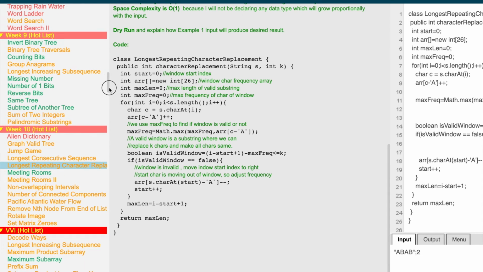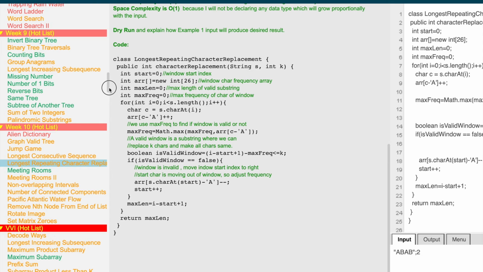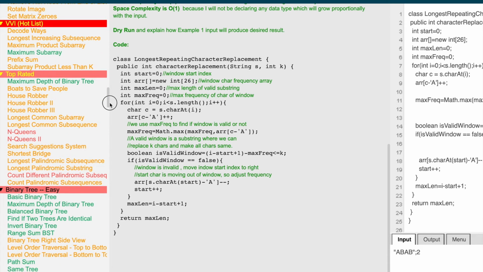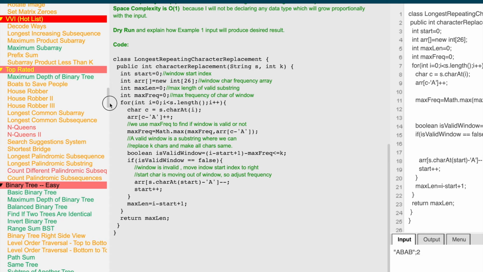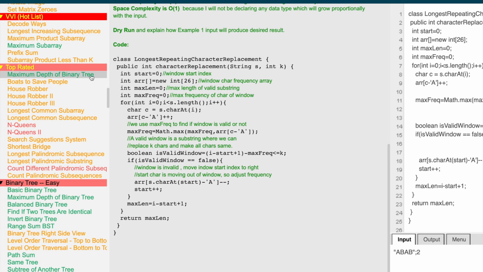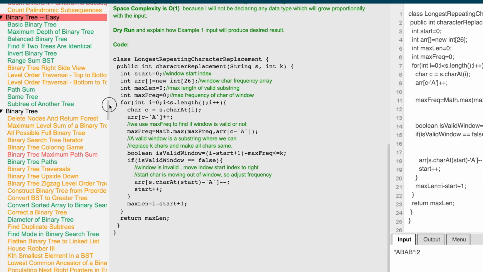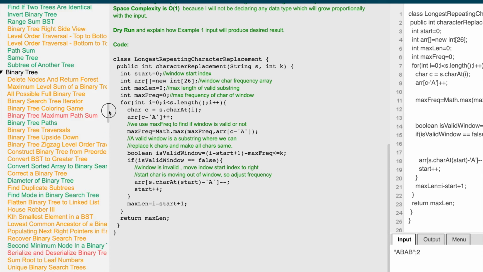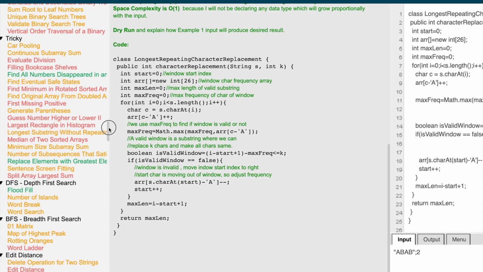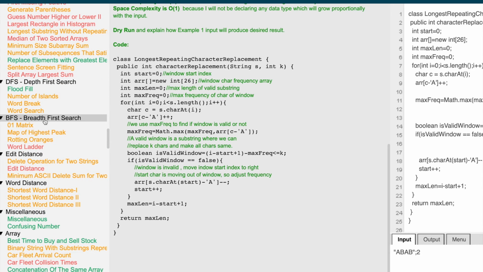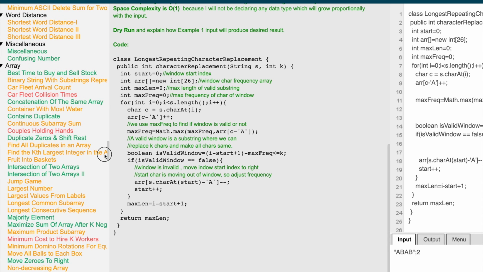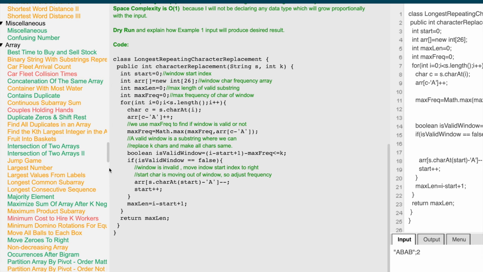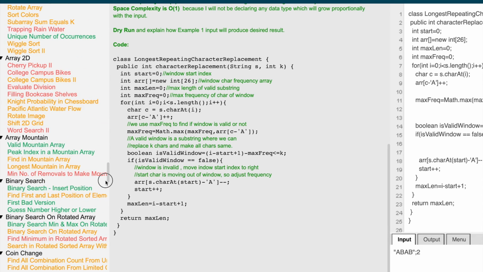But once you prepare 100 of them, and if you think that you can take up more, then there are a lot more for you to master algorithms and data structures, right? We have a lot of other top rated problems. We have a host of binary tree problems, easy, medium, and difficult. You have a lot of tricky problems. You have more DFS and BFS problems. You have edit distance, word distance, and some miscellaneous problems, and many problems on arrays, 2D arrays and mountain